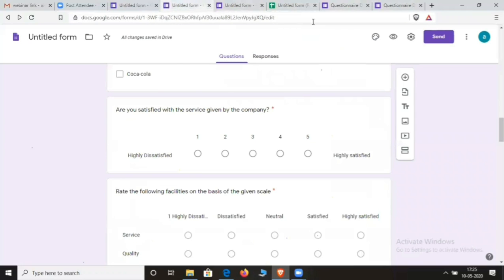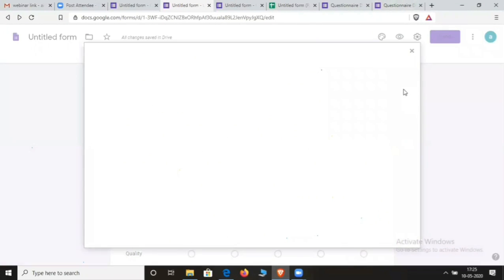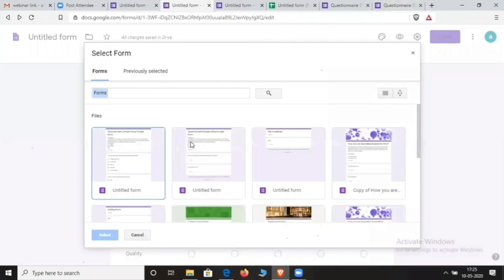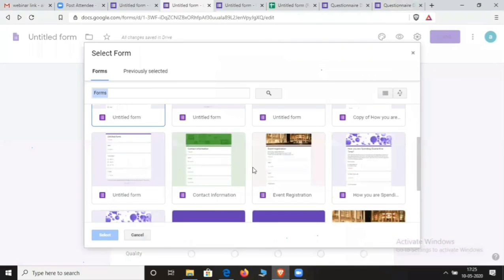Yes, sir. First of all, you have to convert your Word file into a Google Form file. After converting your file into a Google Form, you can add your questions. See here, suppose I want to import a question here, and I have all these files which I have converted already.